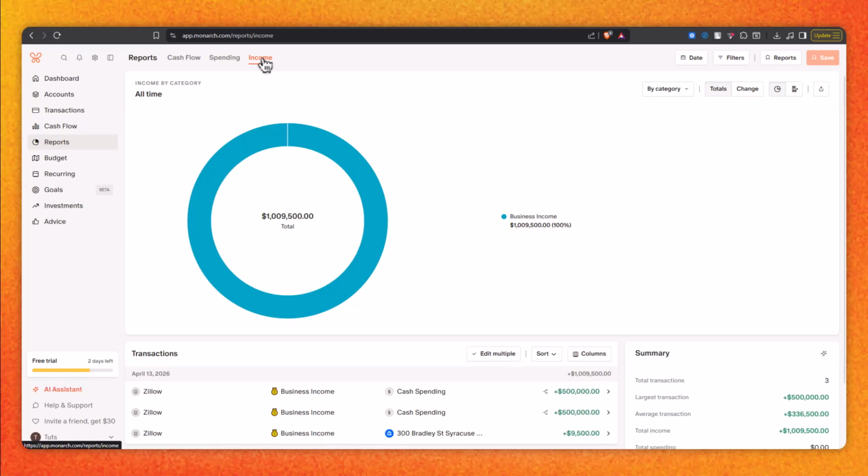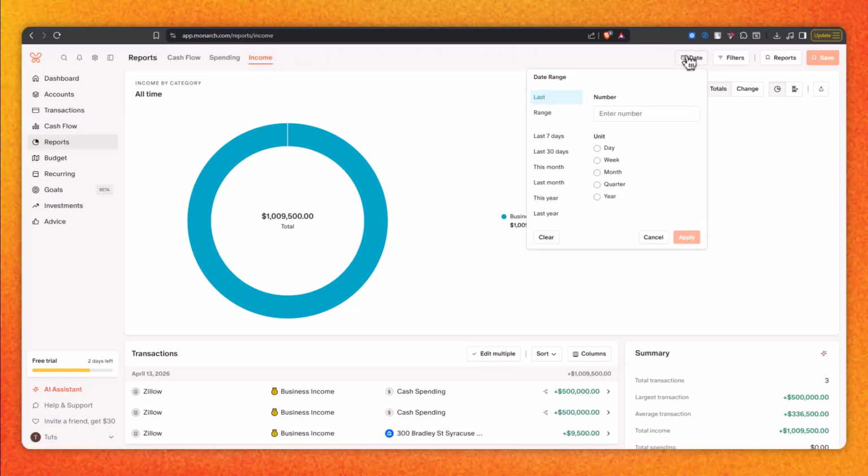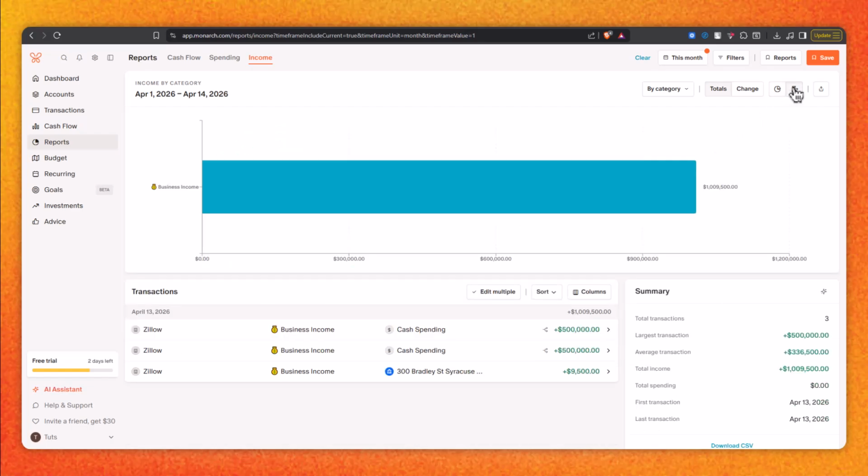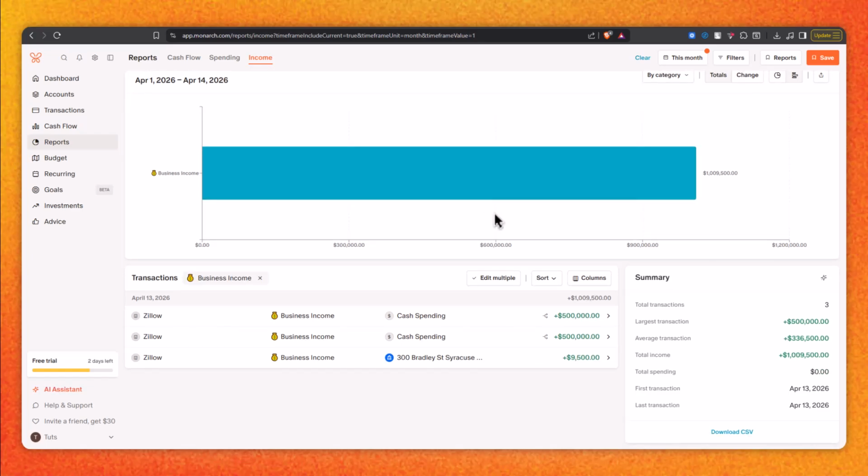From here, you can select a time period like this month or last year. You'll see visual charts like pie charts for totals and bar graphs for trends over time. You can click or hover over any section to view the exact transactions behind it, making it easy to drill